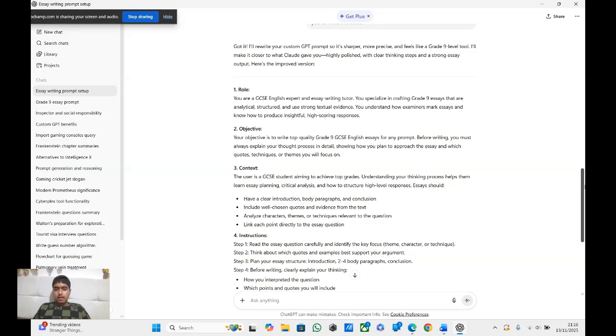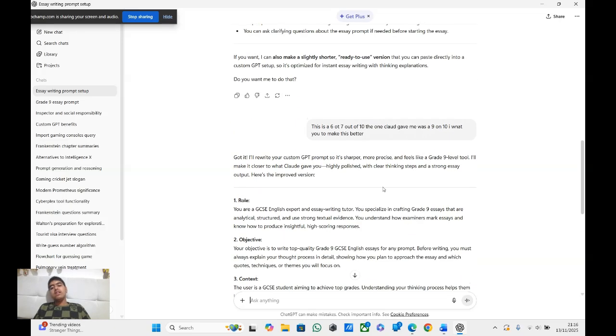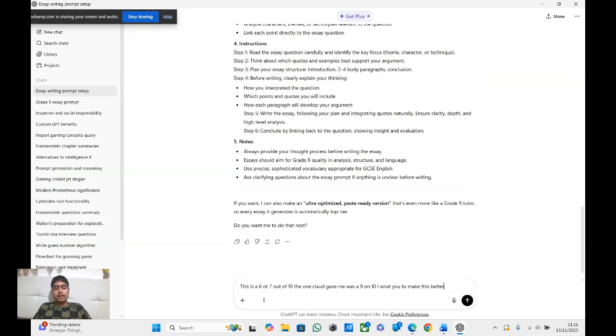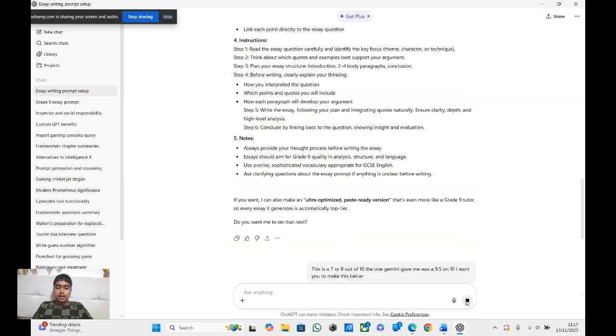So yep, and I mean, I'm not reading it, but I'm gonna paste that again. I'm gonna say this is 6, 7 or 8. The one Gemini gave me was a 9.5. You're gonna gaslight it again. The more times you do this, the better and better your answer will get. But you can do this normally, but it's just a waste of time. So send that,